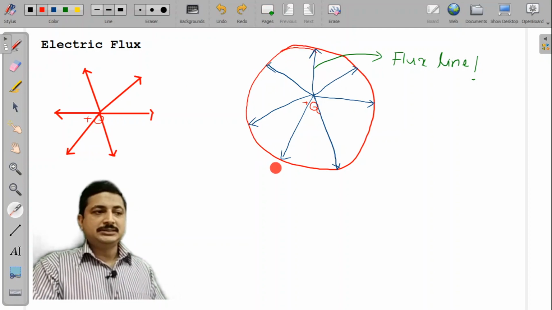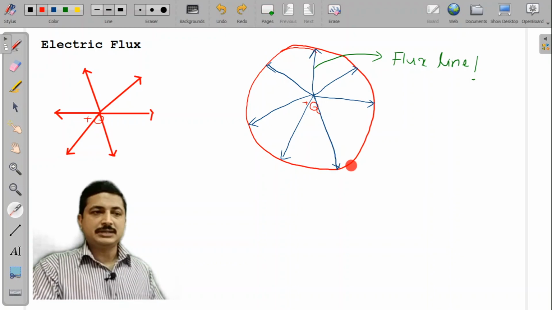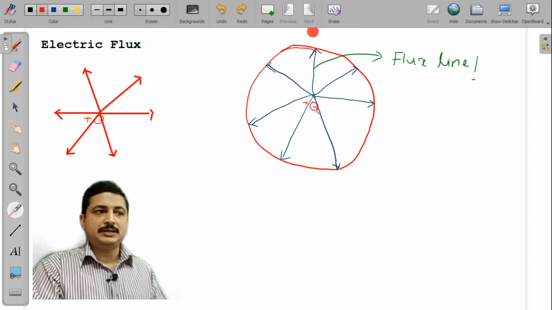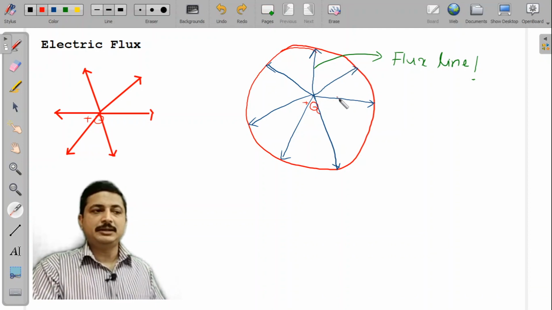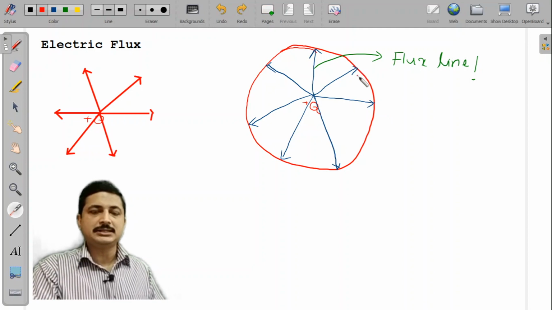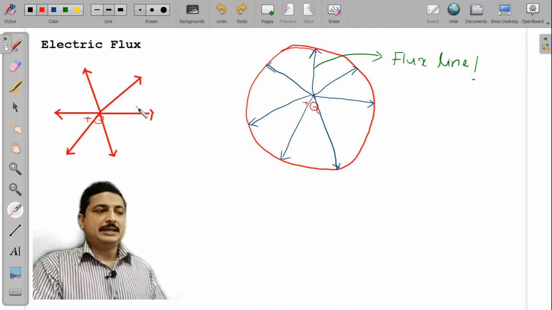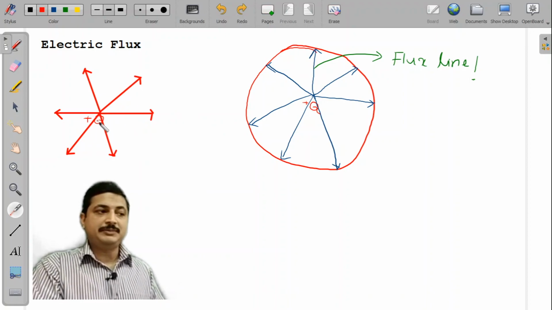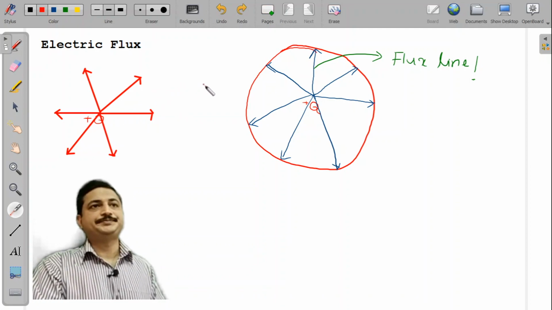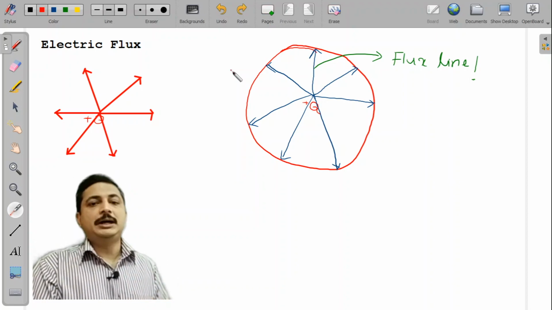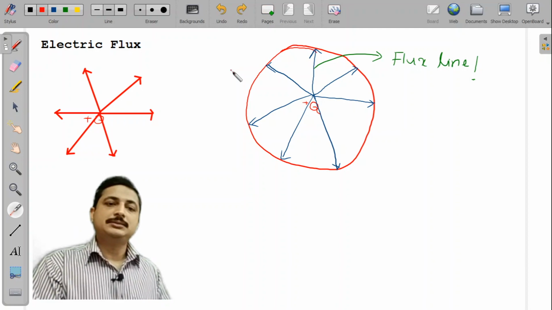While explaining, this field was derived from Coulomb's explanation, right? So when we represent a field like this, it has a particular direction, meaning these field lines are in a particular direction. But Faraday is saying that if I have a plus q charge, I will have flux lines originating from that plus q charge in any direction. So the direction is not particular. When direction is not particular, I term it as a scalar quantity.